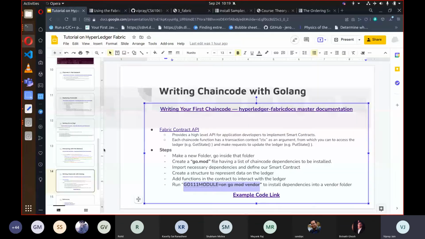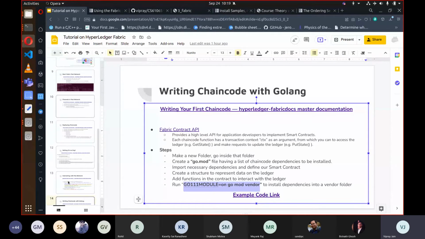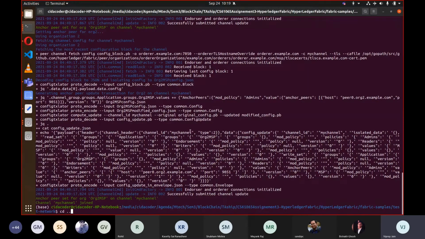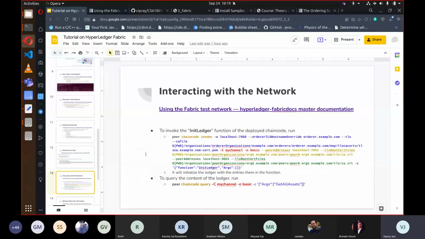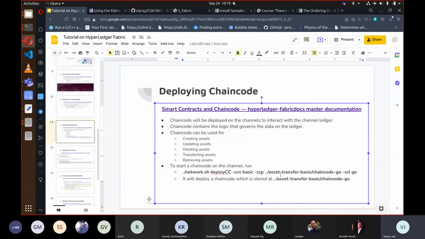Okay, after the channel creation, these are already set. So we are going to deploy our chain code. This was the path of the chain code which was provided by the sample Hyperledger Fabric.